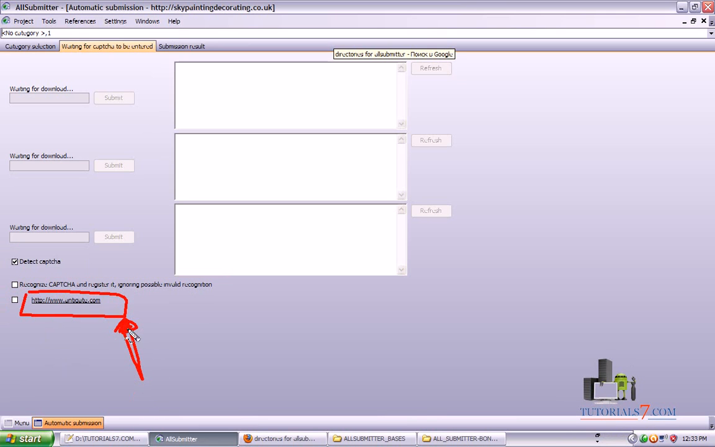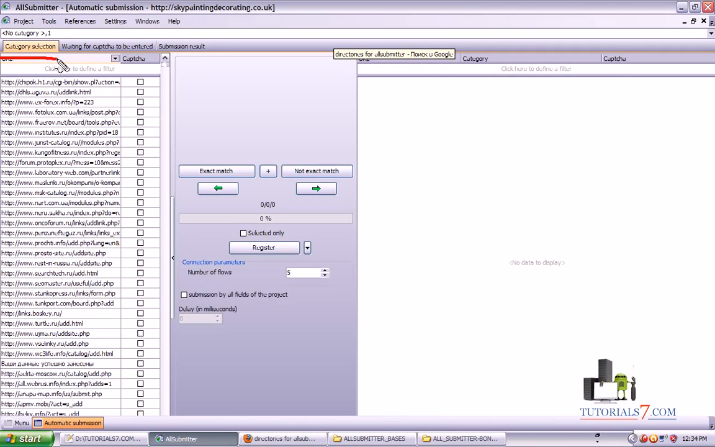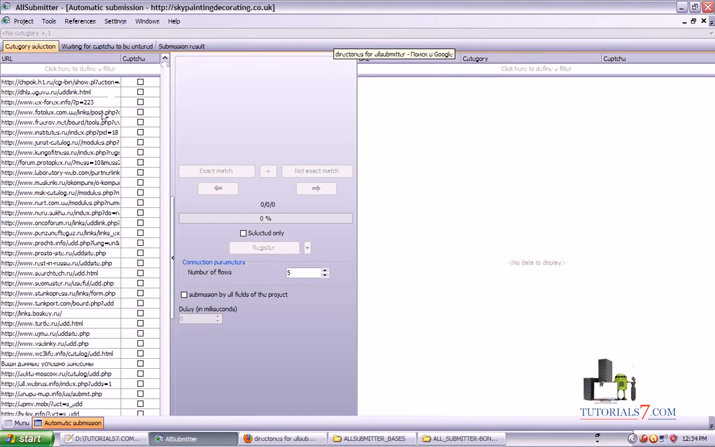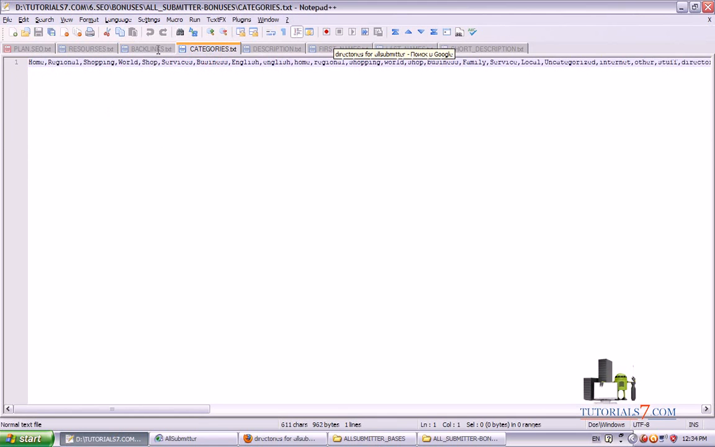I have tried to buy some CAPTCHAs from the service, but it wasn't successful. So basically I will rely on the program itself to fill the CAPTCHAs, and if you have some time you can type your CAPTCHAs yourself manually. So let's go back to category selection. Let's click on exact match, and it will choose the categories for submission based on your preferences, which you've made